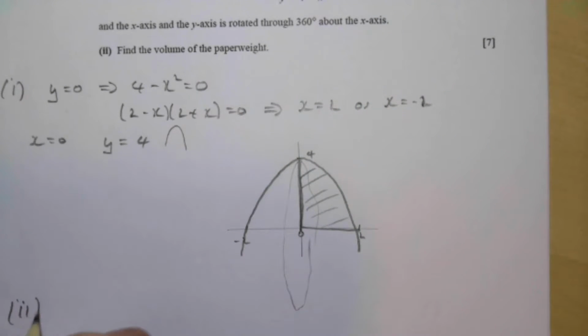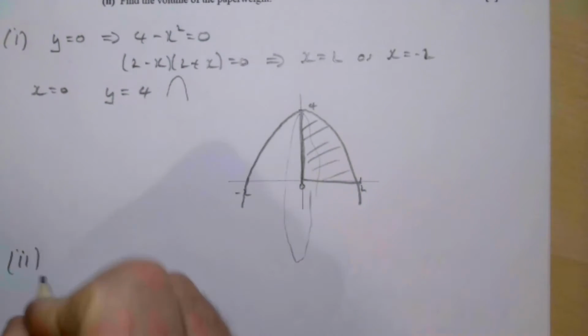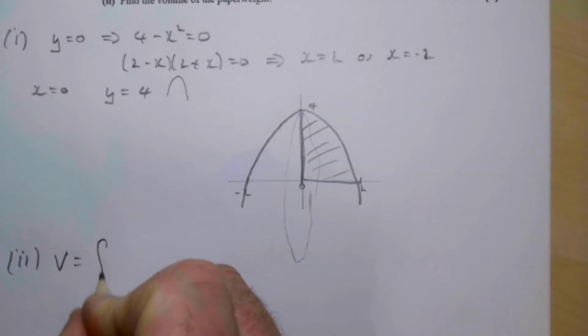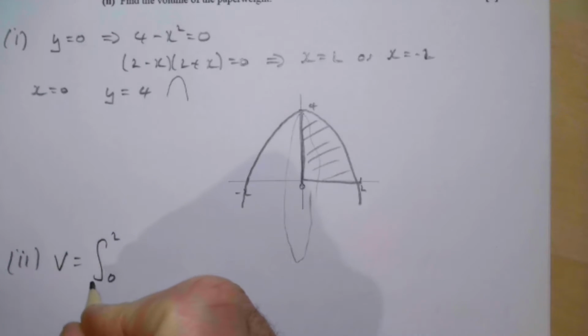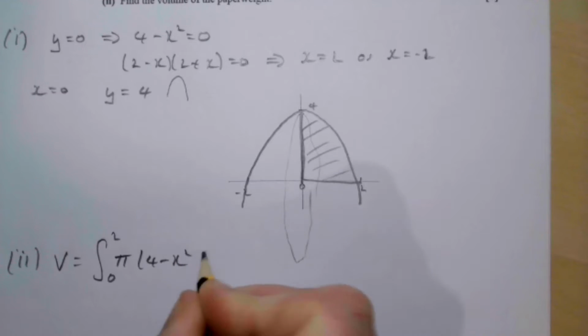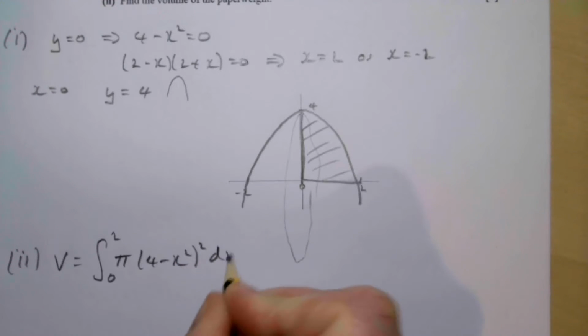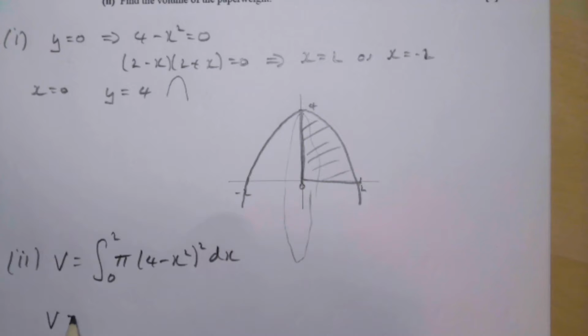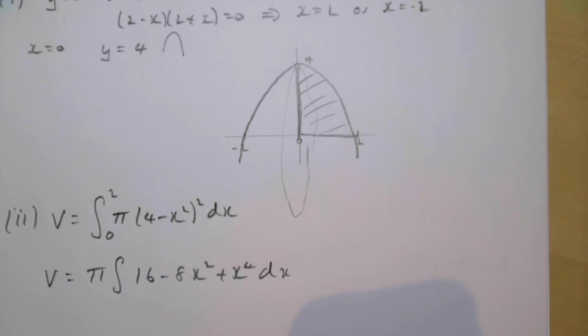So let's set that up. Volume equals the integral between 2 and 0 of pi (4 minus x squared) all squared dx. Volume equals pi times the integral, and again I'm going to multiply this out, so it's going to be 16 minus 8x squared plus x to the power 4 dx. Integrating that,